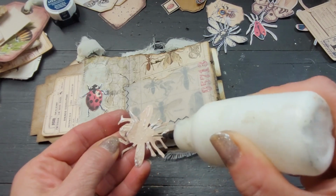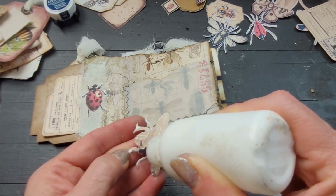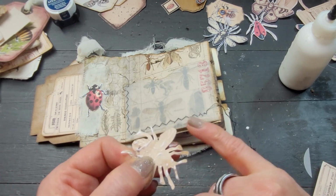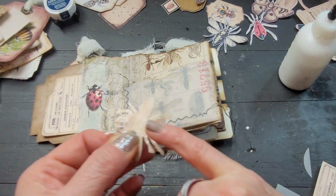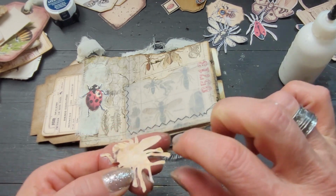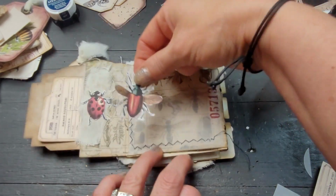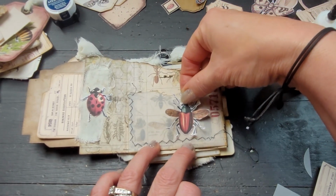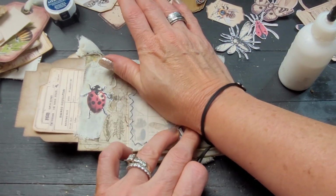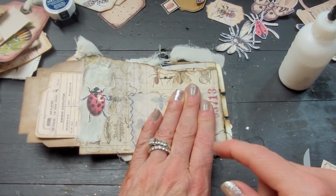Now I will take the excess glue before I press it down, because I don't want the vellum to start being wavy. So I'm just gonna kind of like, there. It's everywhere, but it's a very thin layer. Do I put it on the side or here or right in the middle? I think here, just a tiny bit to the side is better. Yeah, so just to prevent having the vellum underneath start to wave,